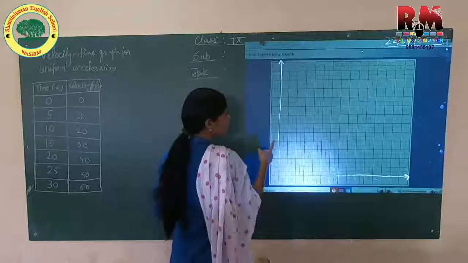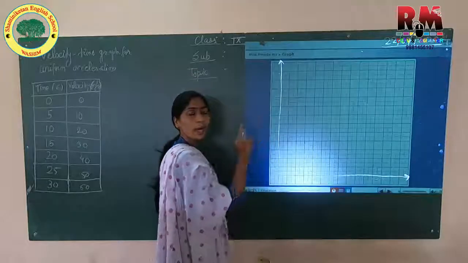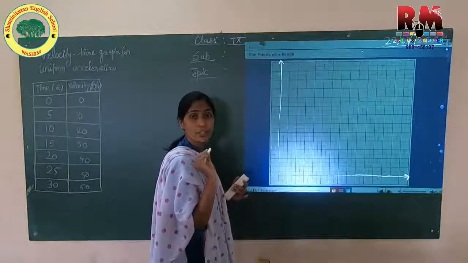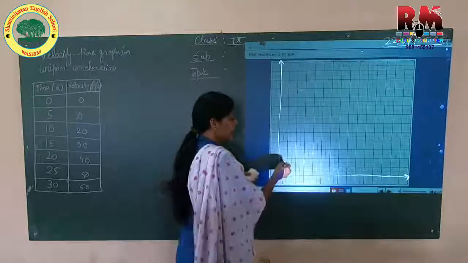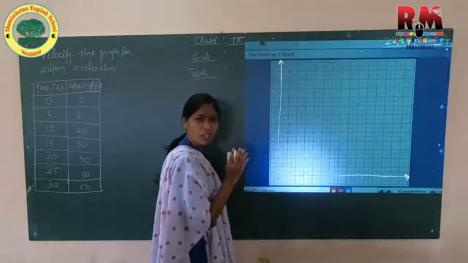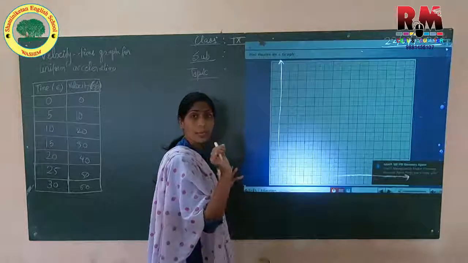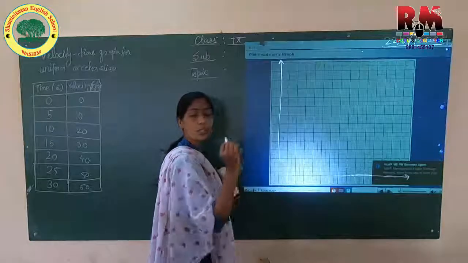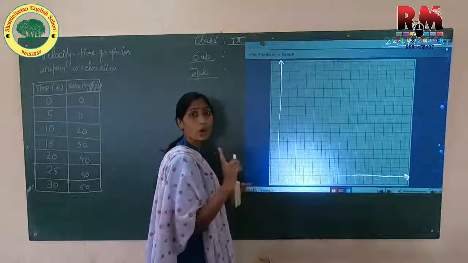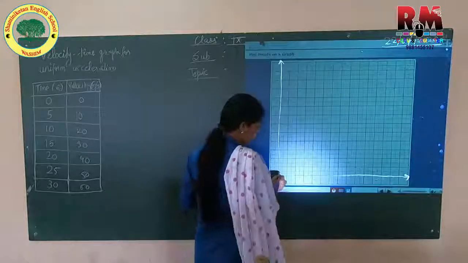Make sure you are not doing it by your rough hand. You have to use ruler and pencil. Pencil must be sharpened enough because the lines are very near to each other, very close. So one single point is important. If you just misplace one point, your graph may come totally wrong. So use a proper pencil.